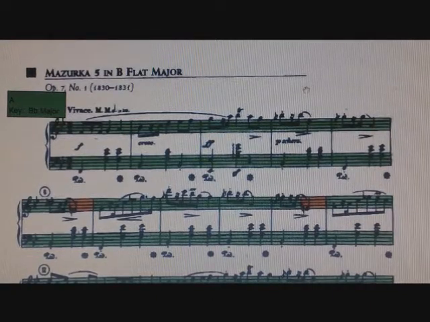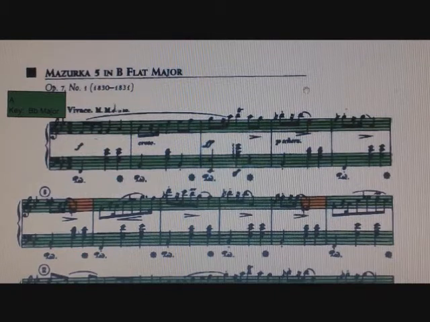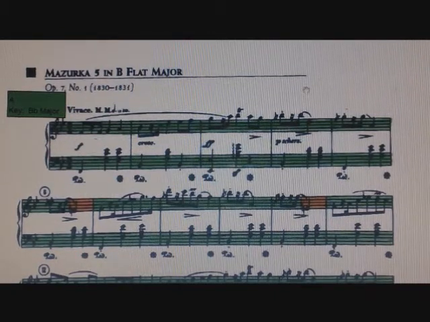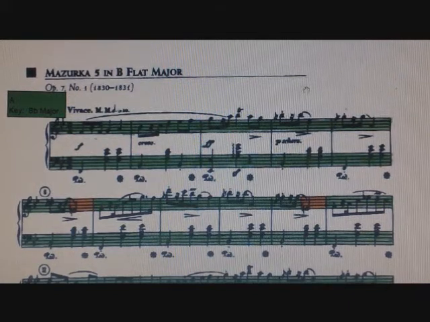My name is Sean Salahi, and I have analyzed Chopin's Mazurka No. 5 in B-flat major using the spectrum of fifths. Chopin's Mazurka No. 5 in B-flat major has been analyzed through many analytical methods. However, viewing this work through the lens of the spectrum of fifths explains the significance of the pitch class represented